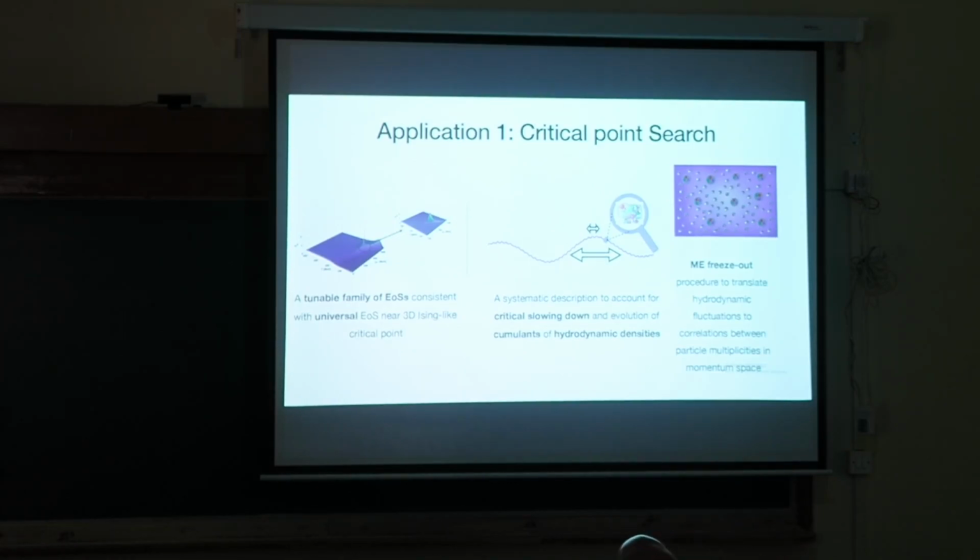So it's an infinite family, a parametric family of equations of state which can always describe the QCD equation of state near the critical point. The applicability of this regime may be different, but this is somewhat like a universal class that you can construct using some universal properties. And then we want to use these universal equations of state and evolve them using some dynamical description for fluctuating hydrodynamic fields, and then use this freeze-out procedure to convert these hydrodynamic fluctuations at freeze-out to